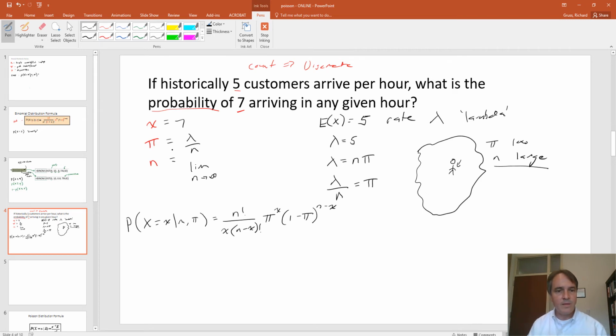Okay, but now we're going to be plugging these things in here. So our n and pi are given by these things. So what we actually have here, and I'll move this equals over a little bit, is going to be